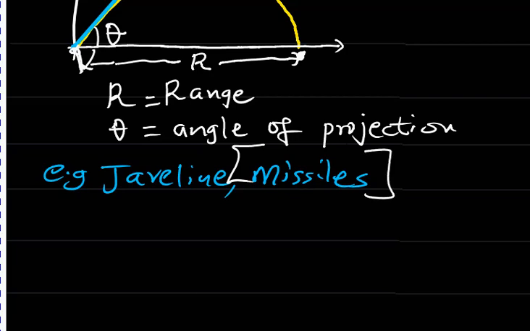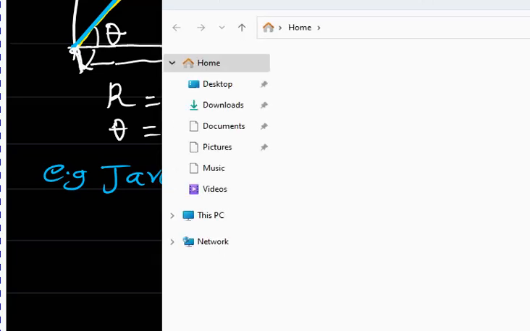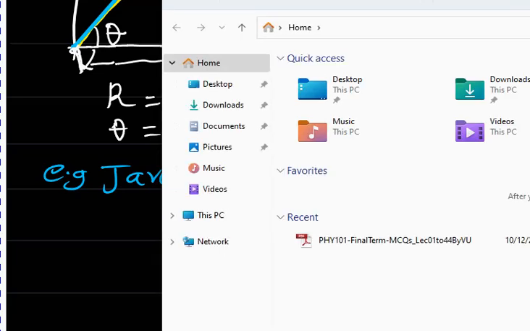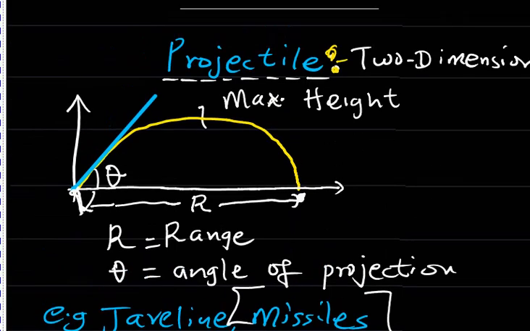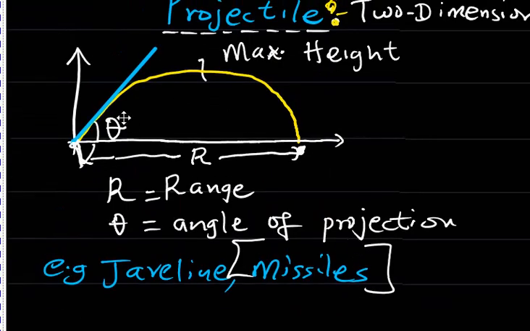Let's now look at how we are going to solve questions on projectile. What equation do we use? Do we still use the equation of motion? Yes, we will need to use the equation of motion, but before we apply it, we should consider the fact that the initial velocity with which this projectile is released is in two dimensions. Why is it in two dimensions? Because the velocity is neither vertical